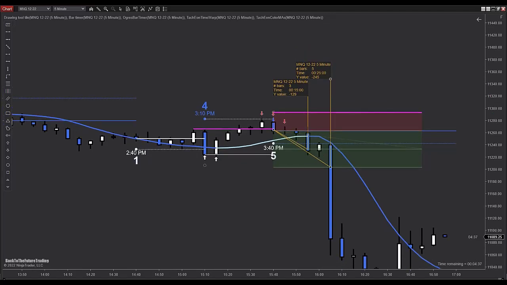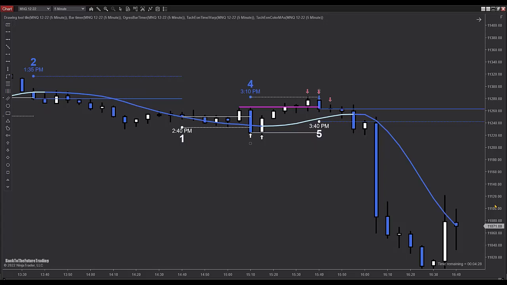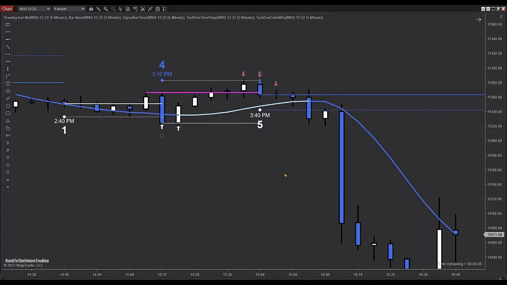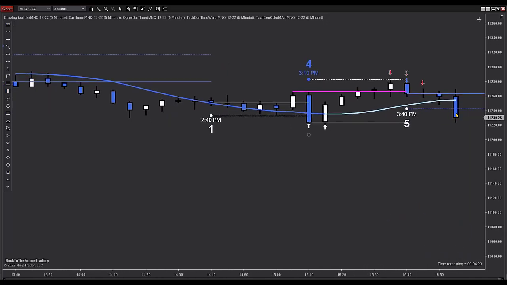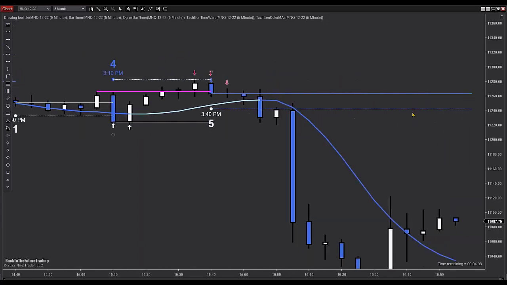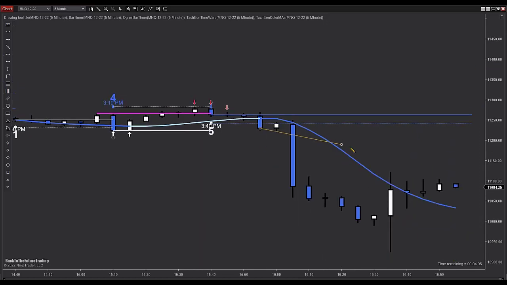So if we were using HMA or EMA or any kind of moving average, we wouldn't have gotten in there. You could get in here on the candle flicker. I've been doing this lately. So here, this candle would have actually closed white, but as this candle is forming, you would have gotten some blue flickers. Blue flicker, blue flicker, blue flicker. So you could enter on that candle. You can enter at the close, drag your stop to the wick, have your target 1, 2, or you could go,